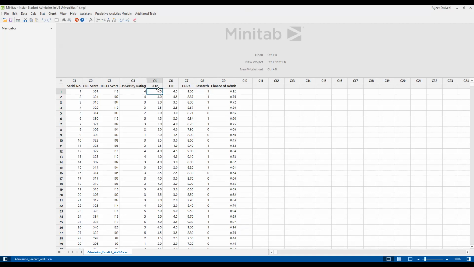There are two other important parts of student admission. One is a statement of purpose, second is a letter of recommendation, that they get from their ex-professors or from the organization they work for. A statement of purpose is why they want to do this program. And GPA or CGPA, in India on a 10-point scale.